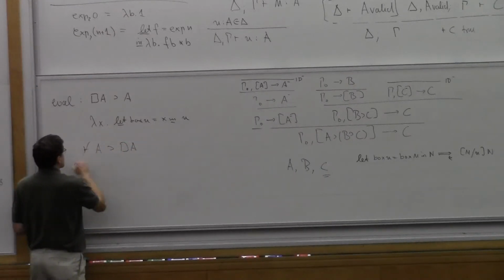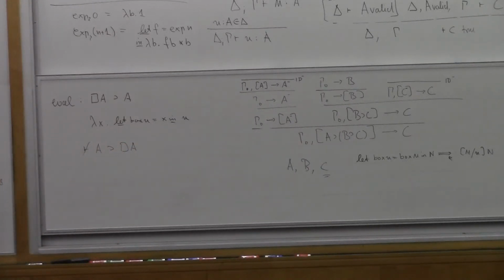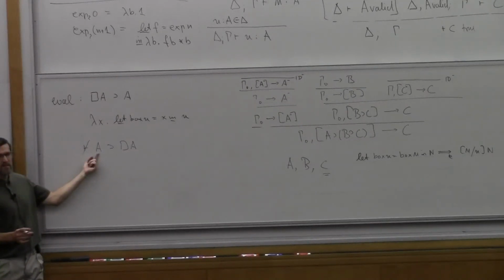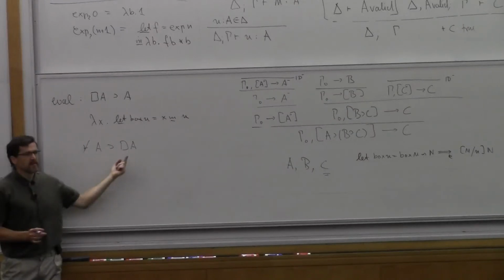Right? So it's not possible to prove this in general. We cannot prove A implies box A. If we did that, then box A and A would be equivalent. Our whole program would collapse, right? But the point of this would be a function that takes a value of type A and gives you a source expression of type A. And you can't do that.